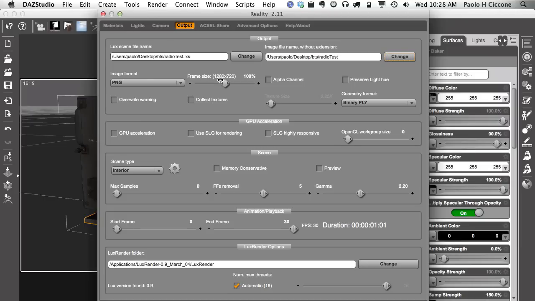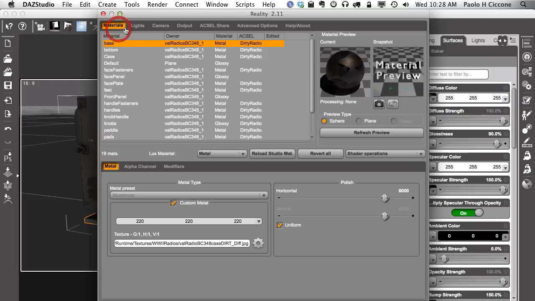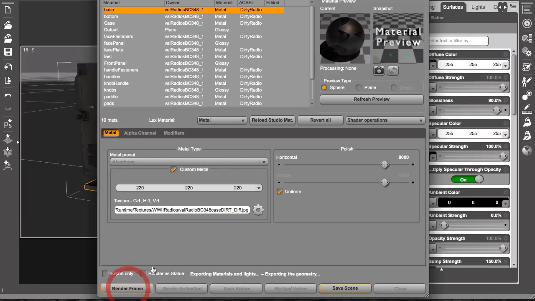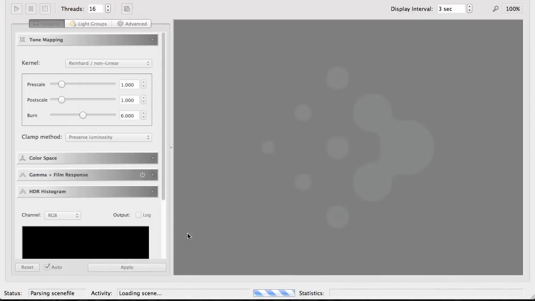Radio test. I'm going to reduce this a little bit, and no changes. It's like totally default now. This is the new default, and let's click on render frame